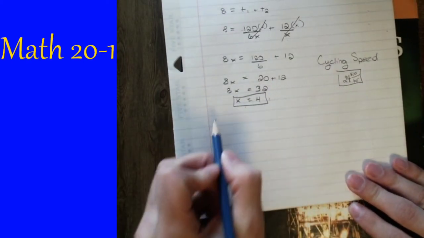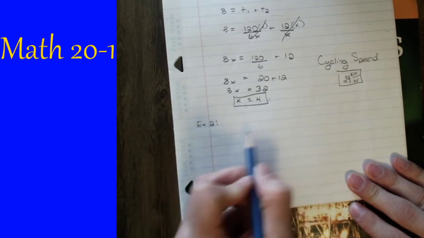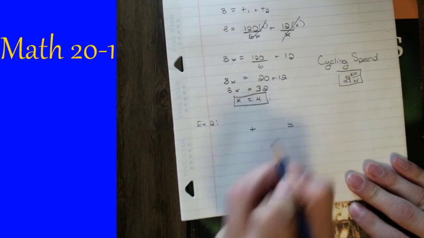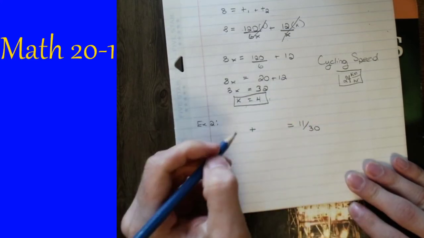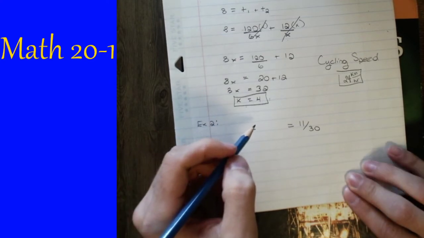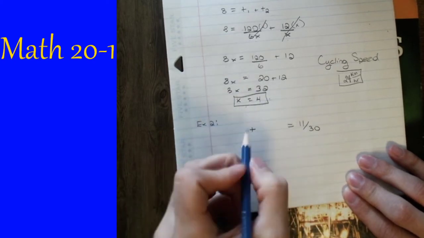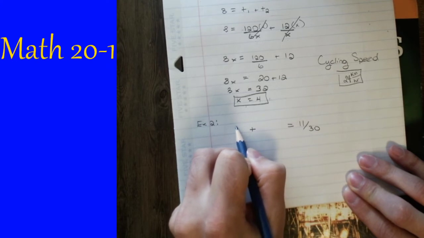And here's usually how I start these questions. I know that the sum of 2 things is equal to 11 over 30. The sum of 2 consecutive integers, but we're dealing with reciprocals. So, the way this looks is